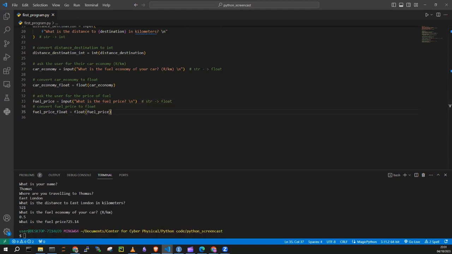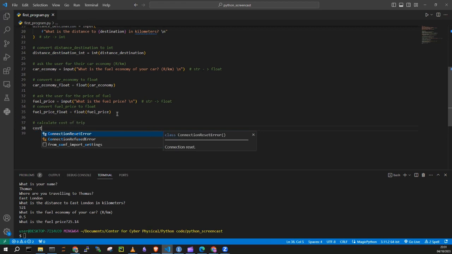Now, remember before we had some calculations. What we did was we multiplied the distance by the car economy, and from there we would get the cost of the trip. Just one simple calculation. So we can now do a calculate cost of trip. And I say cost trip is equal to